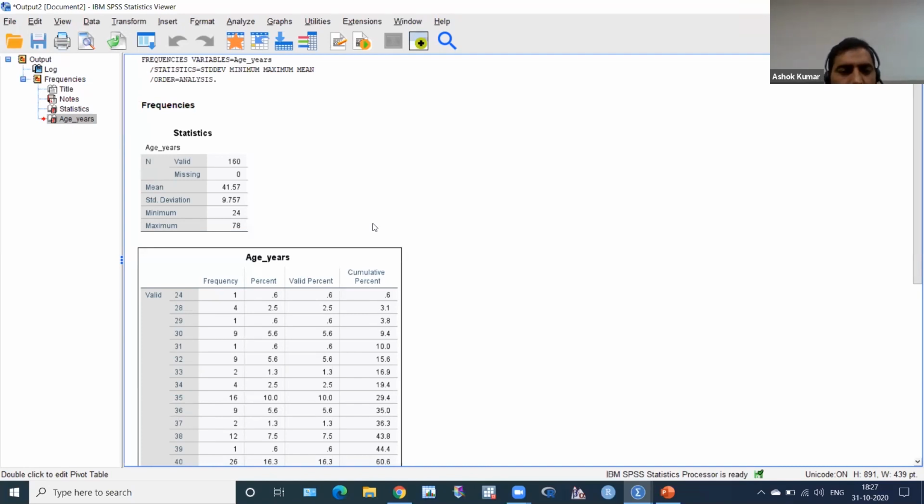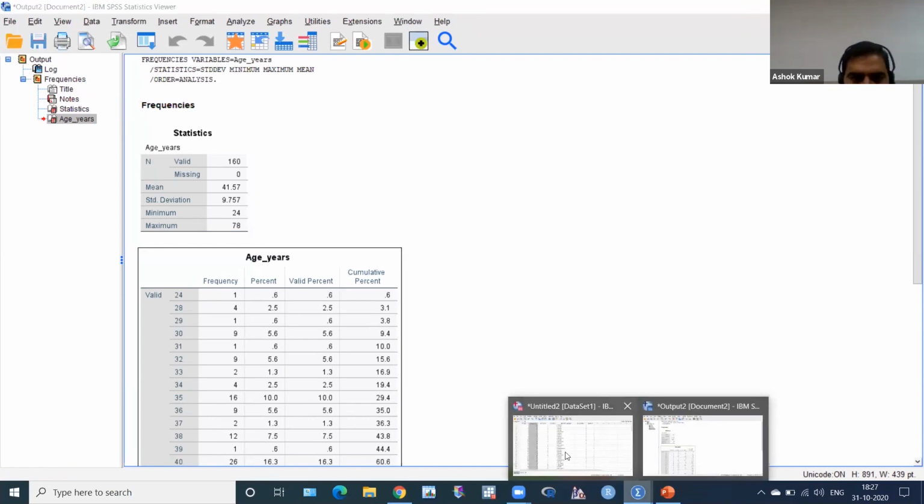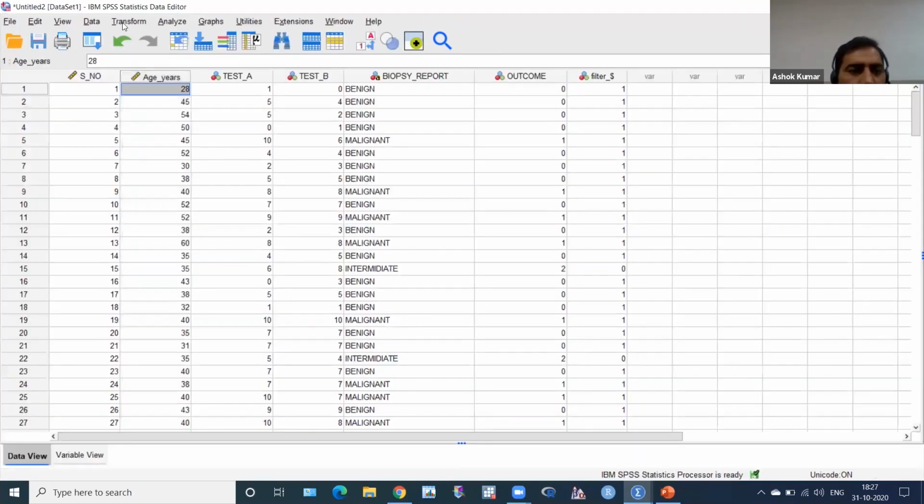I want to give code 1 to 30 or below, code 2 to 31 to 60, and code 3 to greater than 60, that is, equal to or greater than 61. So how do I do this? Please see your data sheet here. This is the data sheet. You have to click Transform. This is the Transform button.